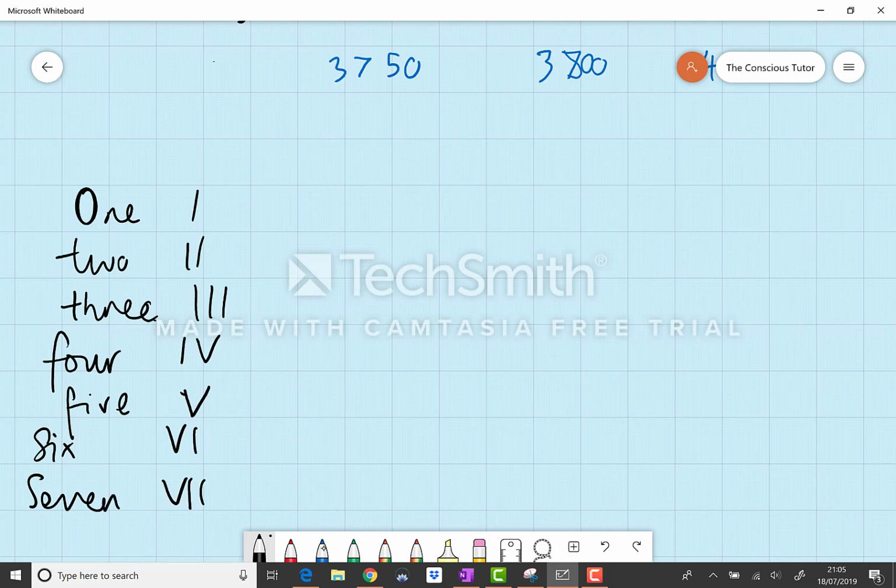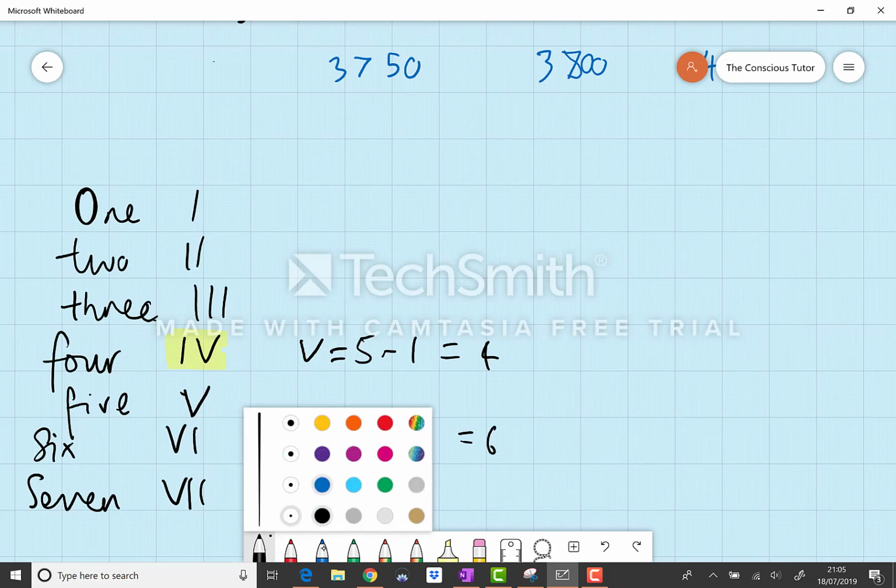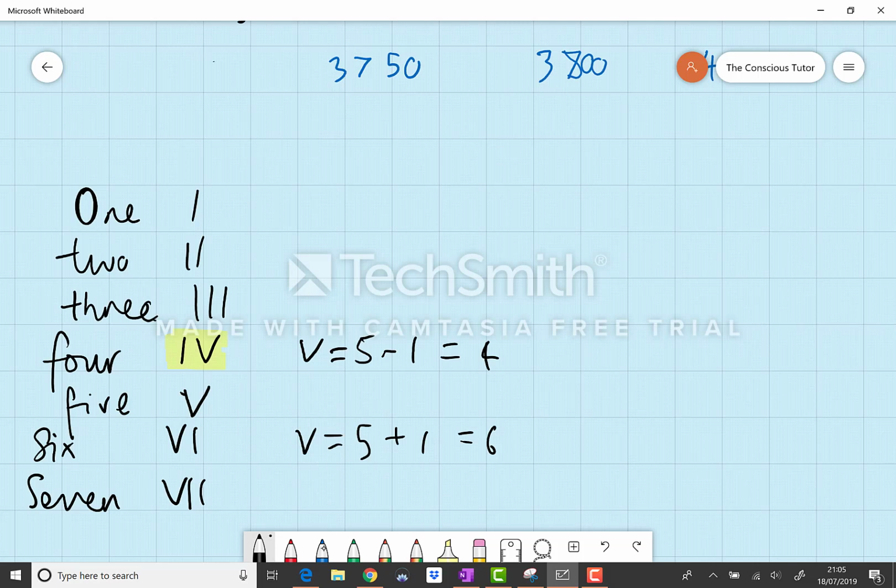So when the ones come after the 5, you add them, but when the ones come before the 5, like in 4, you take away. So that is essentially V, which is 5, take away the 1, which equals 4. Here we've got V, which is 5, but we've got 1 after, so we add the 1, and that equals 6. However, children need to know not just Roman numerals below 10, they also need to know that 20 is